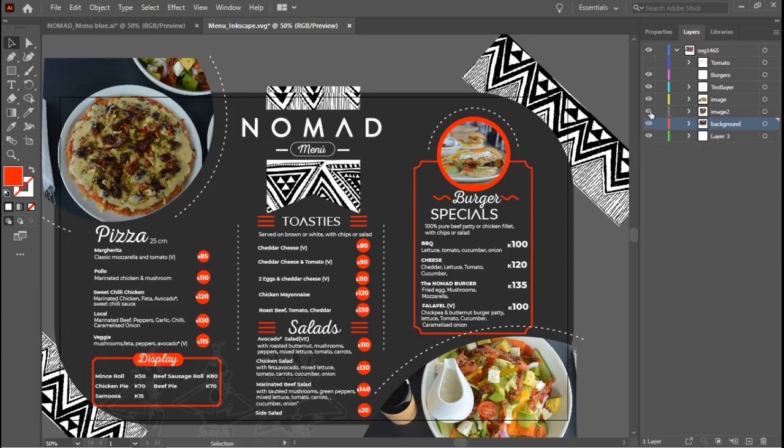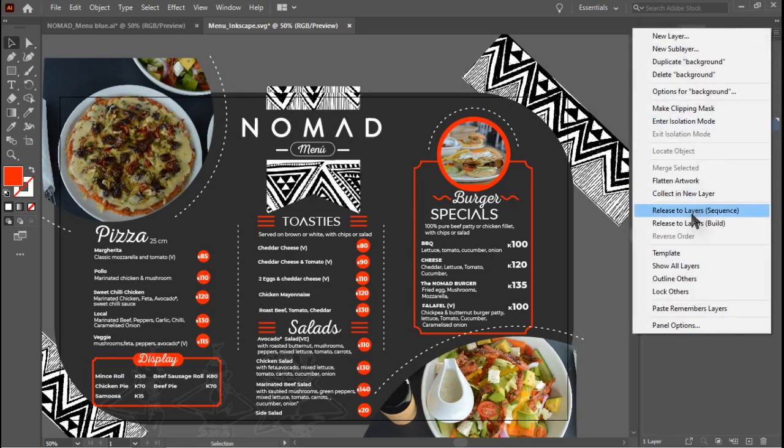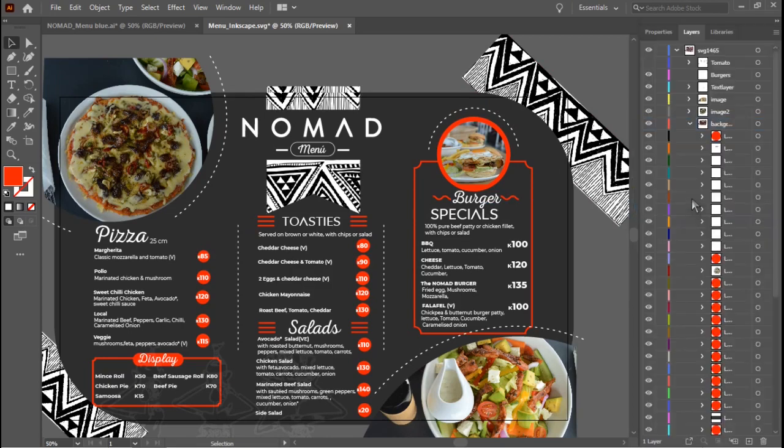Alright, so now that we've organized our layers, we have our text layer. So for the burger, I think I changed here for the text layer, the text in one layer, that image is in a layer, that image is in a layer, the background. These are the things I wouldn't even want to change. So far we have the layers we want. So now we can now